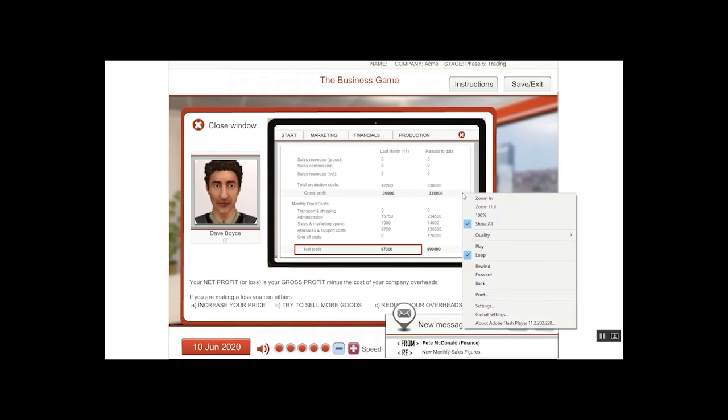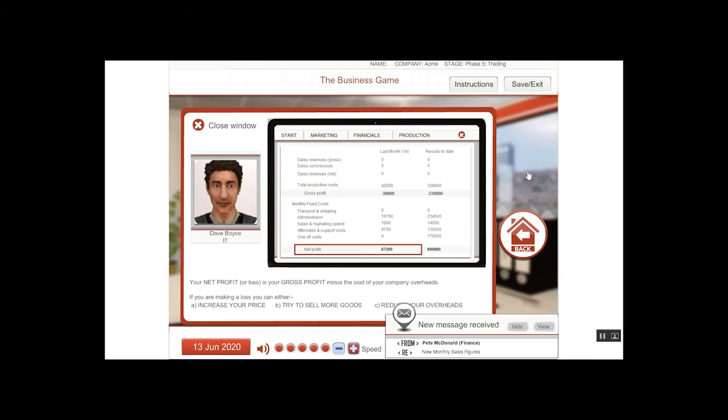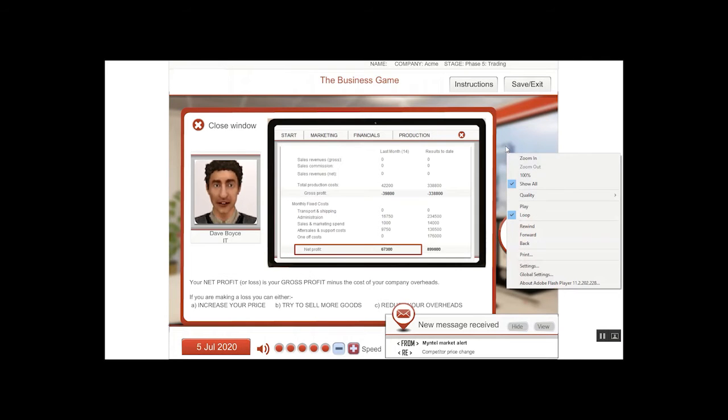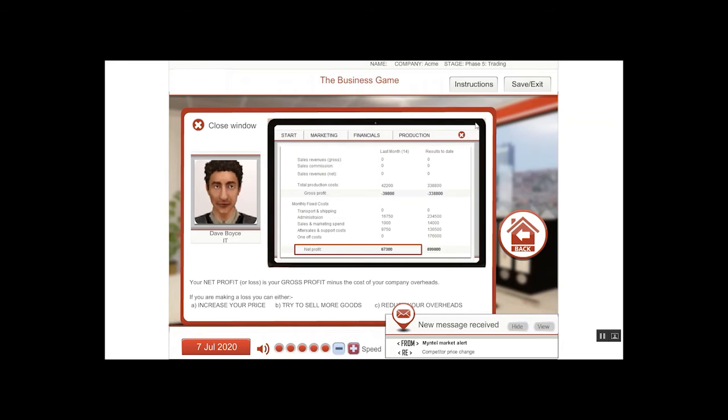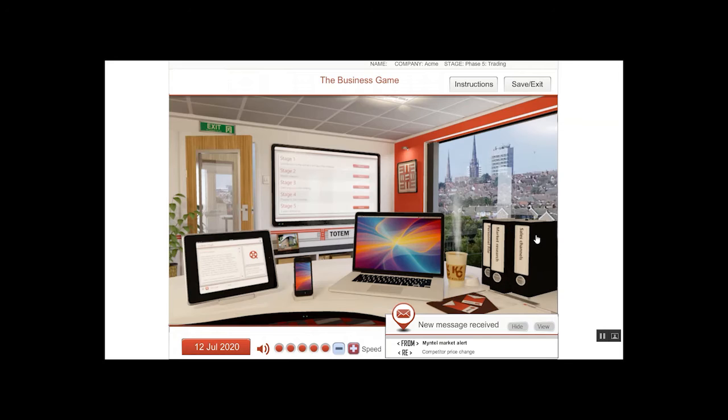Your gross profit or loss is what you have earned from selling your product minus the cost of producing and selling it. Your net profit or loss is your gross profit, take the cost of your company's overheads. As a hint, if you're making a loss, you can either increase the price of your product, try to sell more goods by increasing your marketing, or